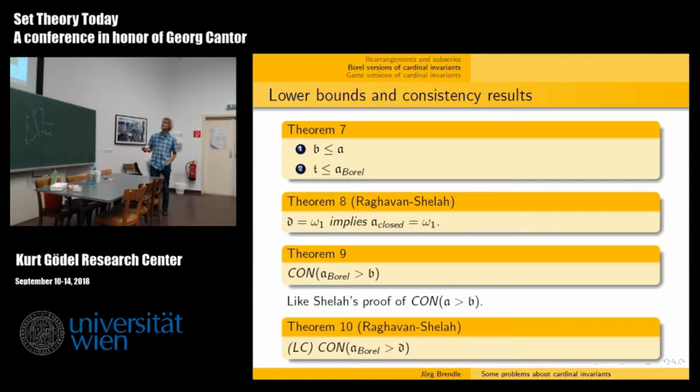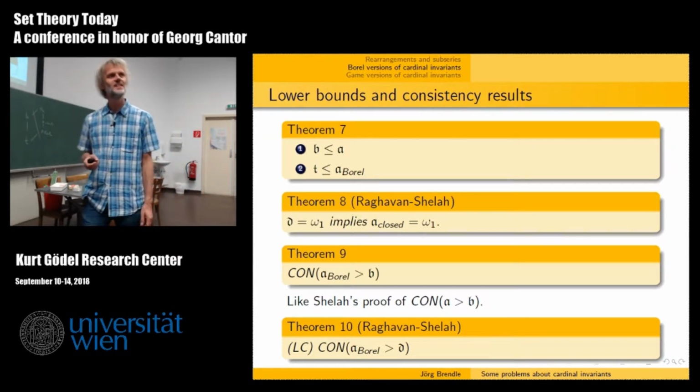But in this model, you have b = Aleph 1 and a_Borel = Aleph 2, so they are small cardinals. That's not possible here, because if this one is Aleph 1, then that one is also Aleph 1 by this result. So here the continuum has to be at least Aleph 3. Actually, in their model, of course, the continuum is really big, because it's above the supercompact. I mean, there was a supercompact which is not supercompact anymore, but yes.